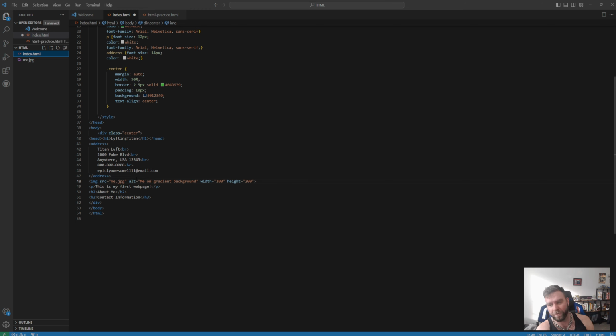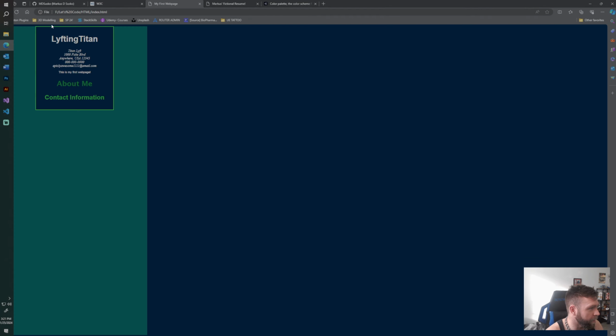So let's say somebody was vision impaired, you would want this to be there so it can read it. And then right here, the width and the height you can change. So this picture is actually 600 by 600, but let's say we wanted it smaller. You can go ahead and change this. So I could change this to 150 and 150, save it, come back here on the web page,